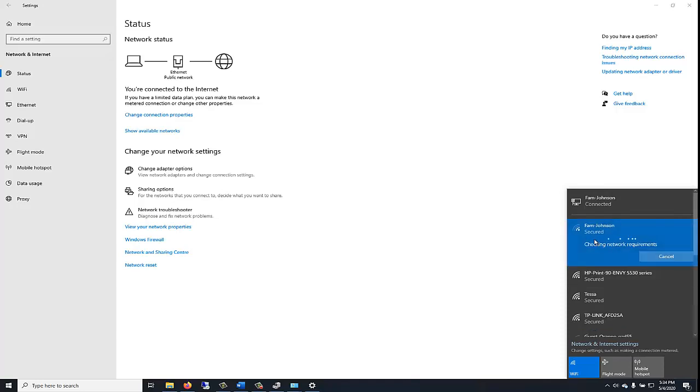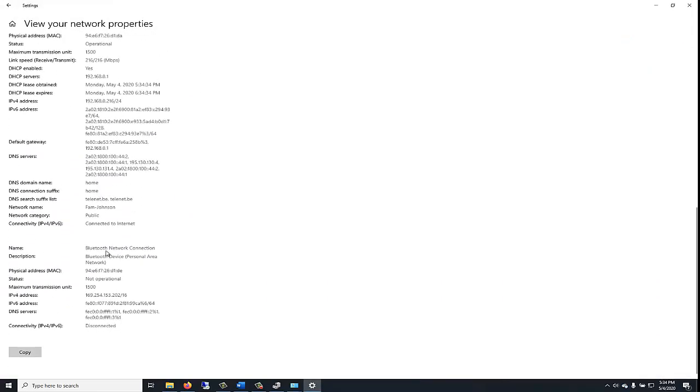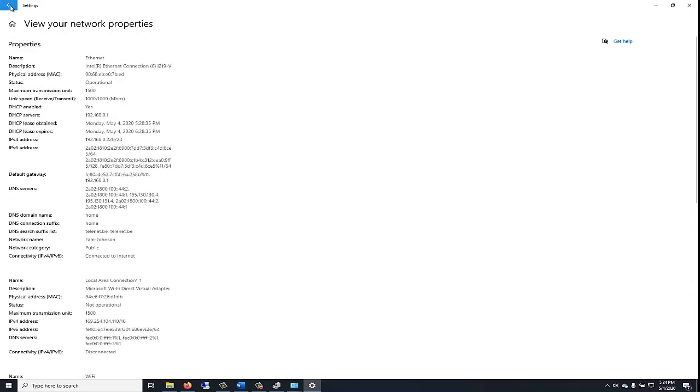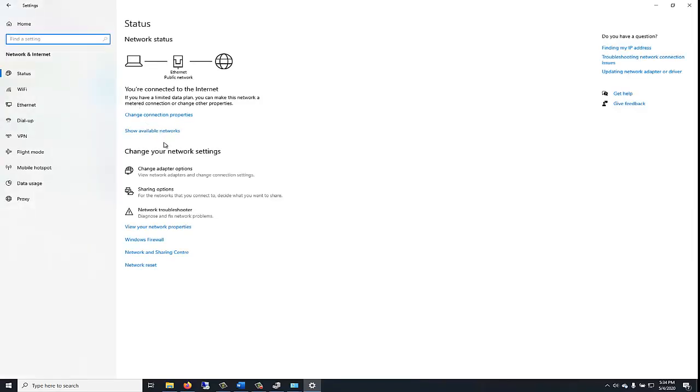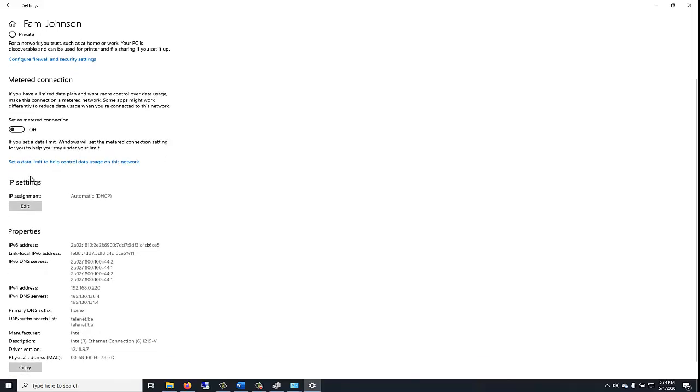Next, it will be connected to my Wi-Fi. So I can as well go to network troubleshooting. I can view network properties, and here you can see your network properties if you need extra information to actually solve the problem. And here I can click on change connection properties, and here we have some other settings which of course we can change from public to private,